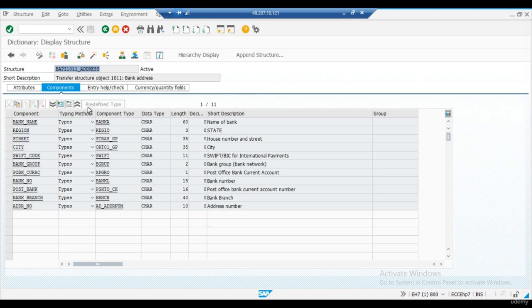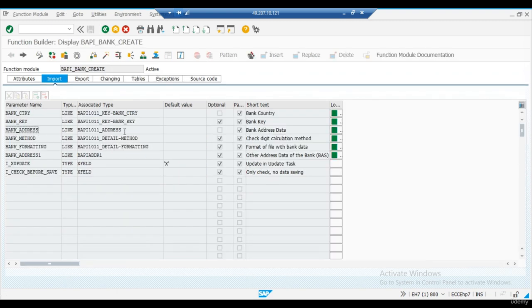So what we have to do, we need to create one work area of the same type with the same structure, right? And then we have to assign some values for some of the fields, or we can assign values for all of the fields. It is as per our choice. Then we need to pass that work area to the mandatory importing parameter, that is bank_address. So this is the thing we have to do in case of